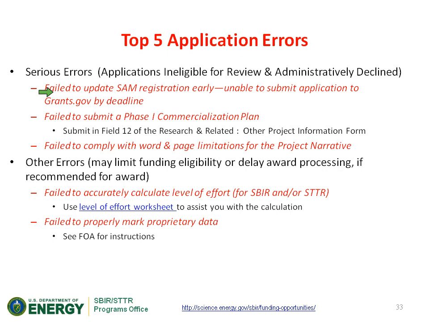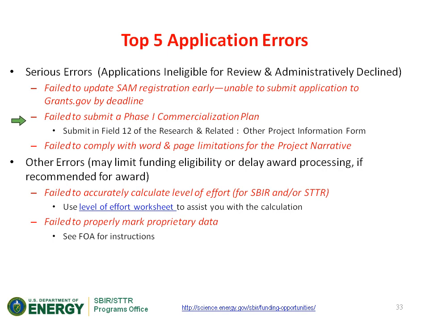If you don't update it and then go the day before the deadline and try to submit to grants.gov, and grants.gov indicates your SAM registration is not up to date, you go back to SAM, it may take several days to a week for that change or updated registration to propagate to grants.gov, in which case you won't be able to apply. So even if you're a previous applicant, you need to go into SAM, update your registration.